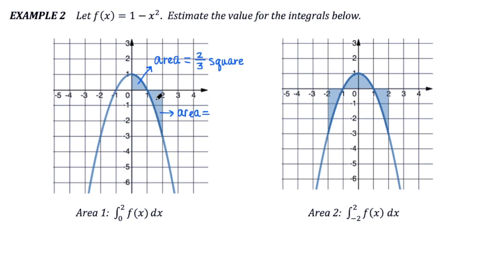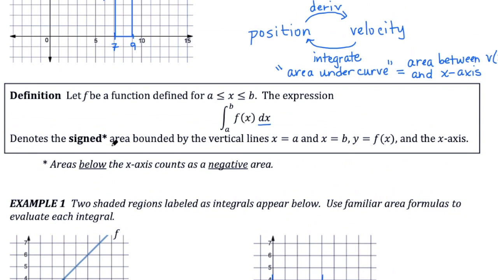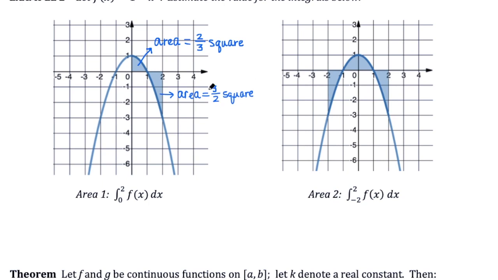I'm going to say it's somewhere around 1.5 or 3/2 of a square. Now again, I can total up these areas and find out the value of my integral. However, this is where you need to keep this previous note in mind, that we always work with signed areas when we're working with integrals. Areas below the x-axis count as a negative area. So when I'm calculating this, I consider this area to be